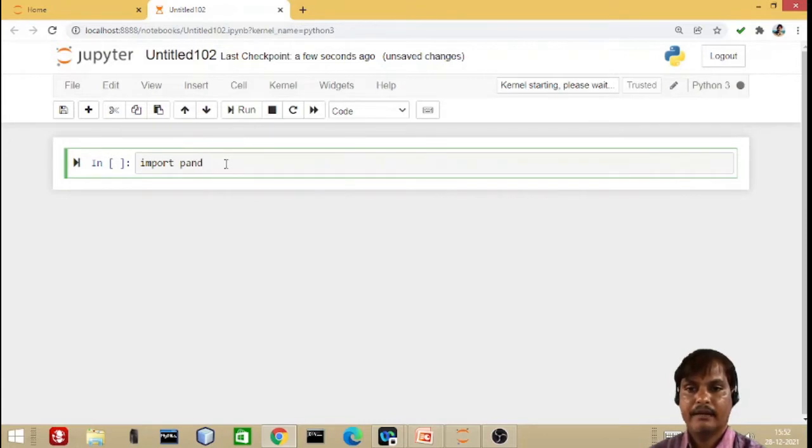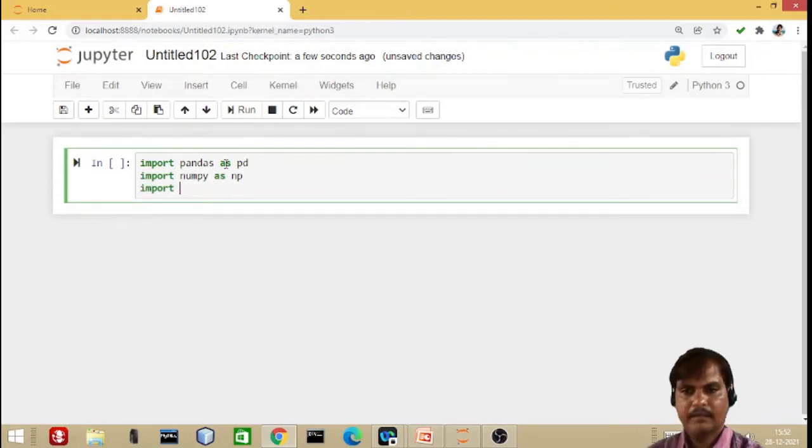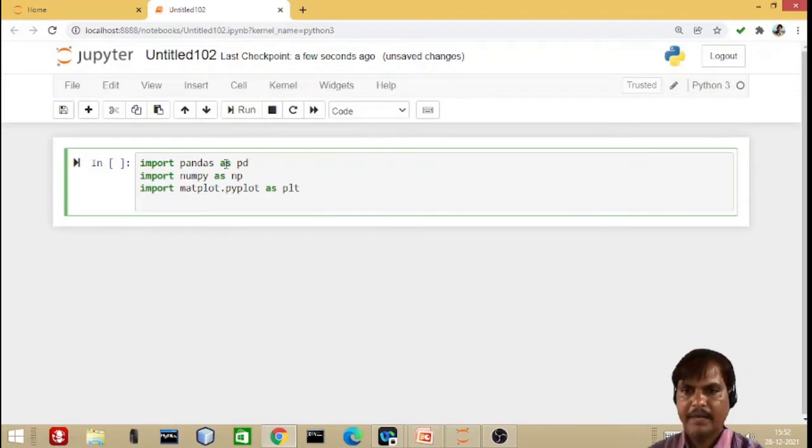Let us import the required libraries. Import pandas as pd, import numpy as np, and the most important library, import matplotlib.pyplot as plt.